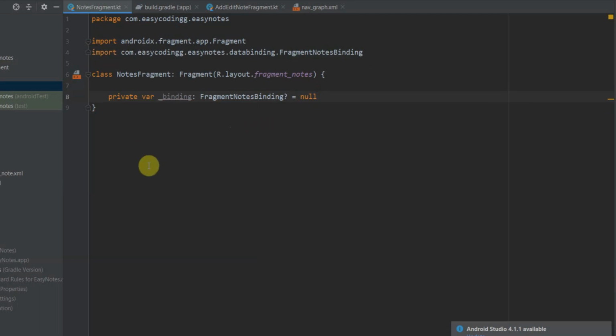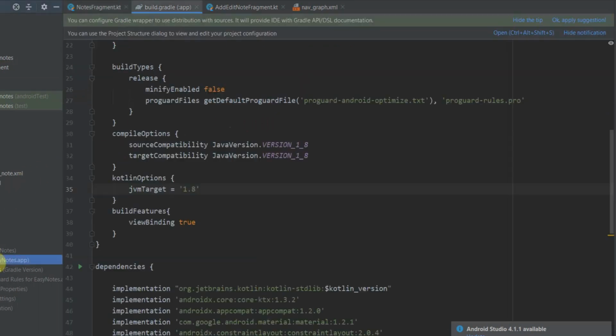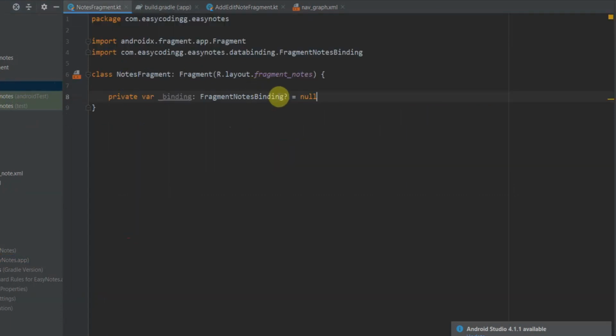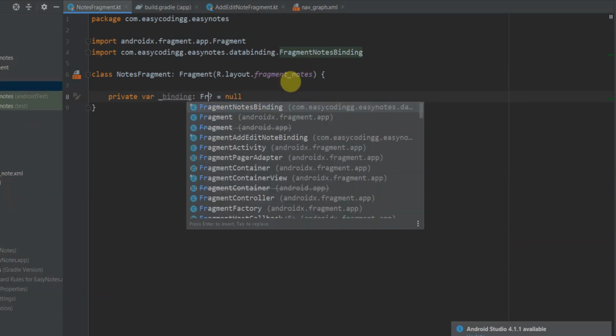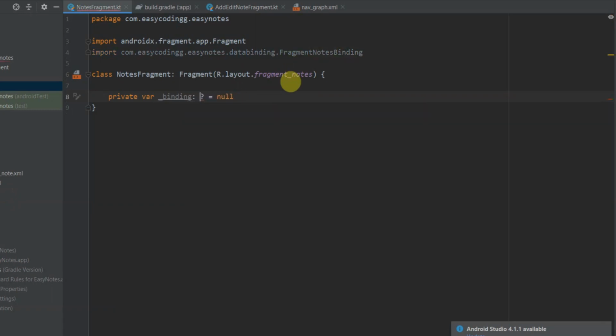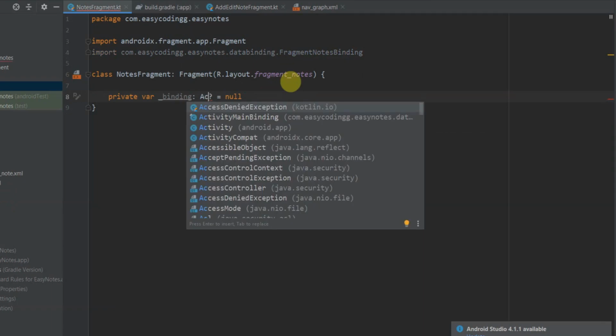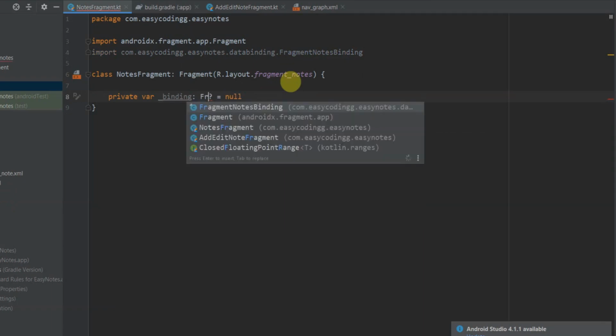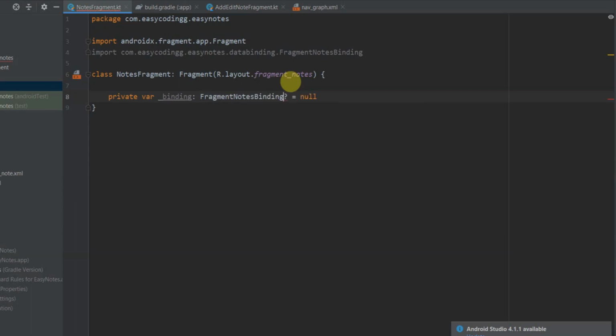Now since we have already enabled view binding in our build.gradle file, all these classes are generated for us, and these classes are generated for all of our layouts. Like we can see FragmentNodesBinding, ListItemNodeBinding, ActivityMainBinding, and so on. But since this is NodesFragment, we will use FragmentNodesBinding.